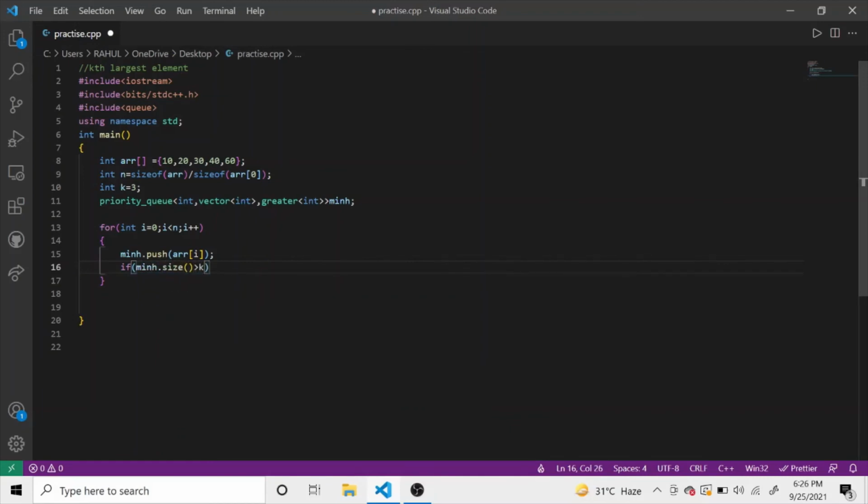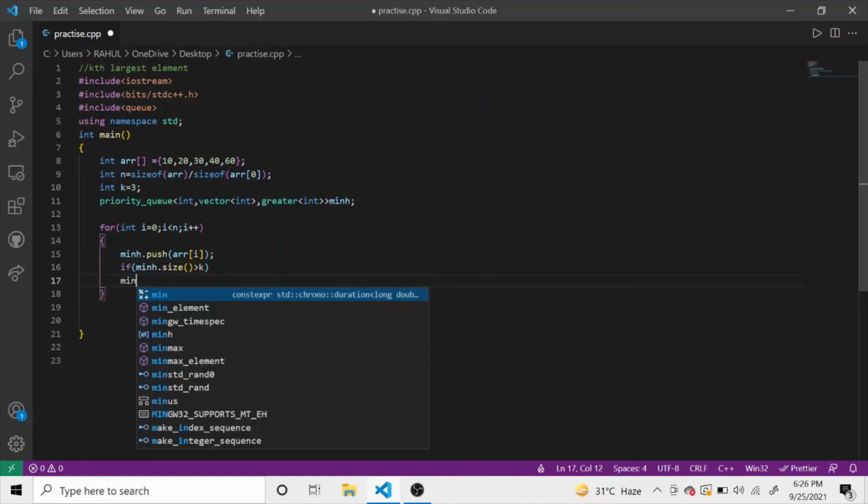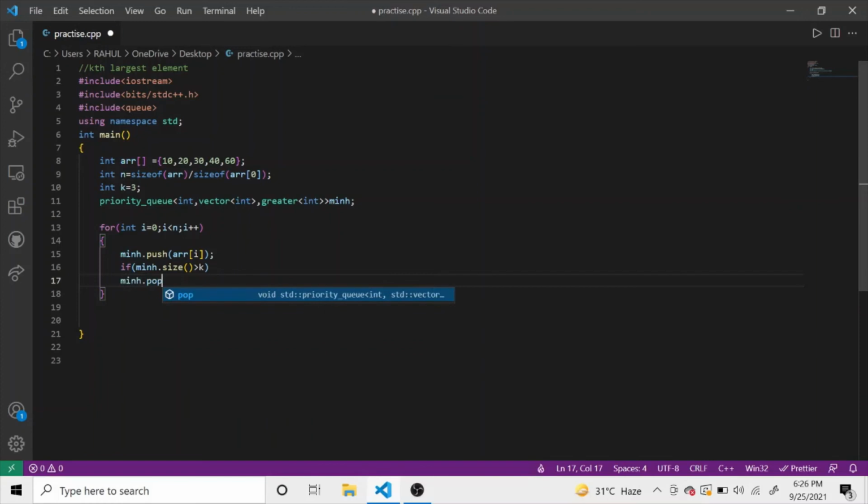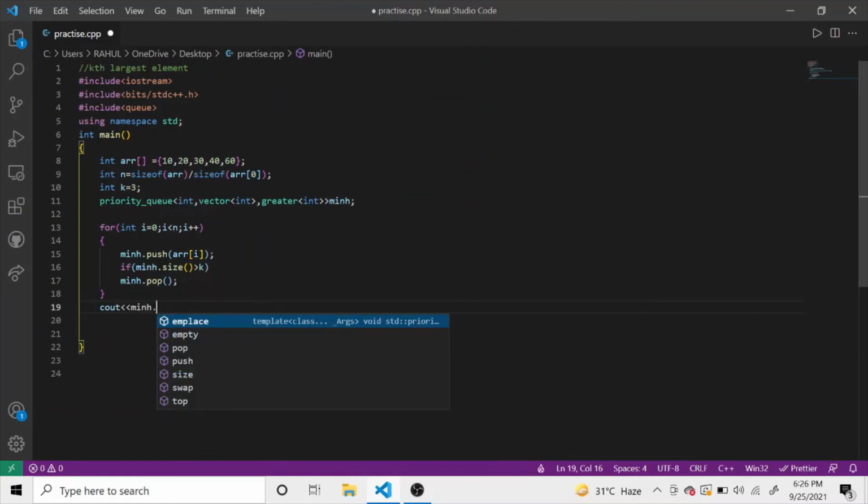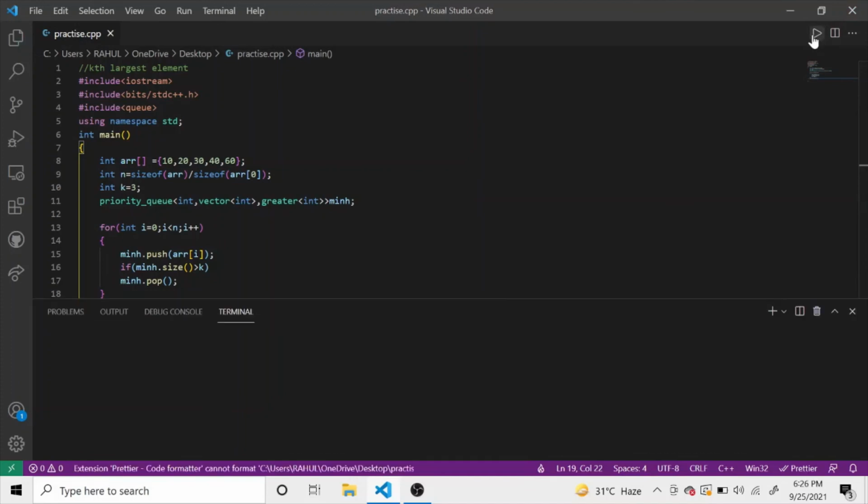If it is greater than k, we simply pop the top element using minHeap.pop(). After this whole loop runs completely, we will get the third largest element, or the kth largest element, at the top of the min heap. So we will print minHeap.top(), and therefore we will get our answer.